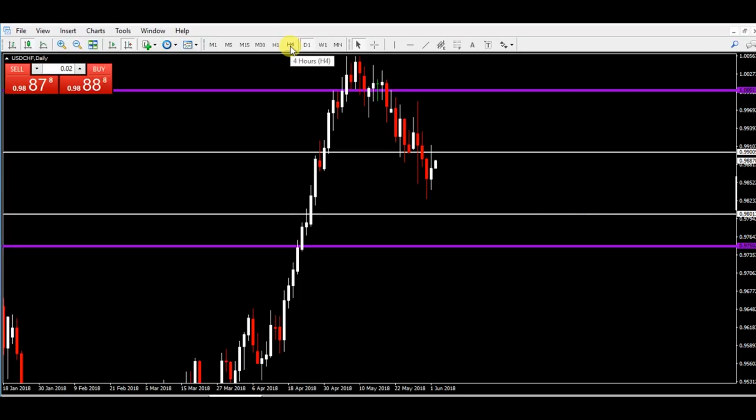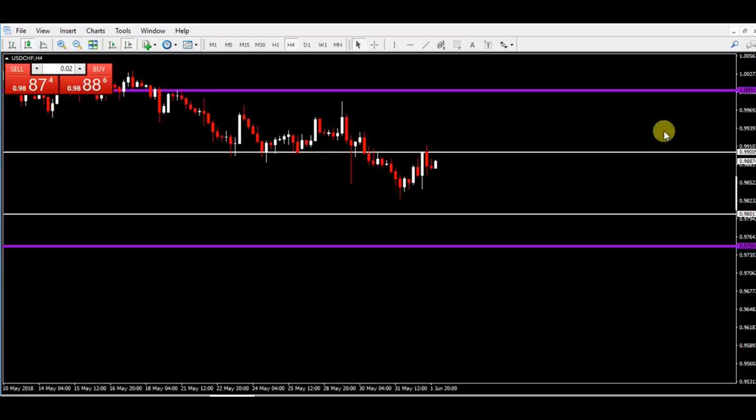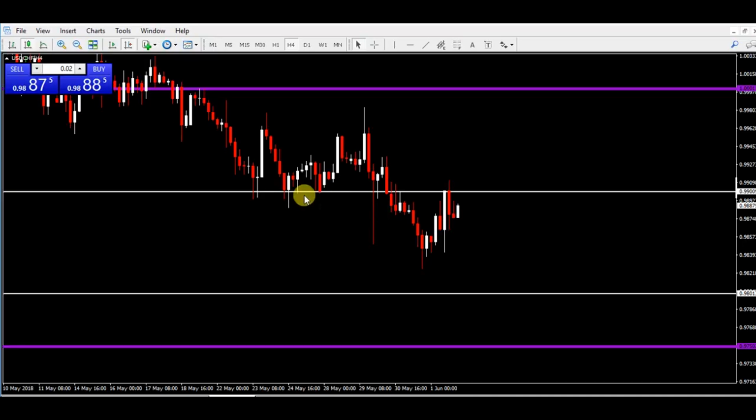Let's break it down now, going from the daily to the 4-hour. This is how we find our precision sniper entries and exits, starting from a higher time frame. Now we're on the 4-hour. We're going to break it all the way down. All right. This is that same area that was on the daily, but now we're on the 4-hour. Previous support, broke through, came below it, coming back up into that zone, this zone here, in confluence with 0.9900 to act as potential resistance.